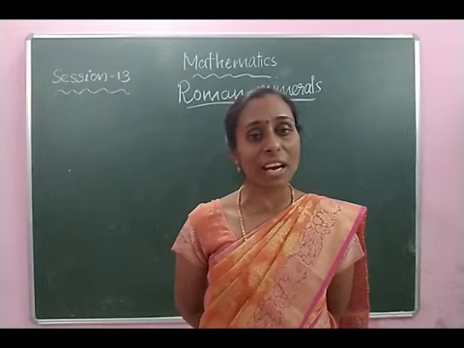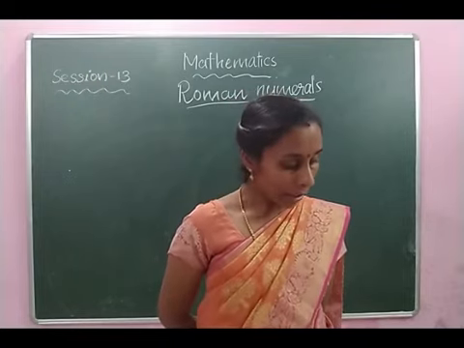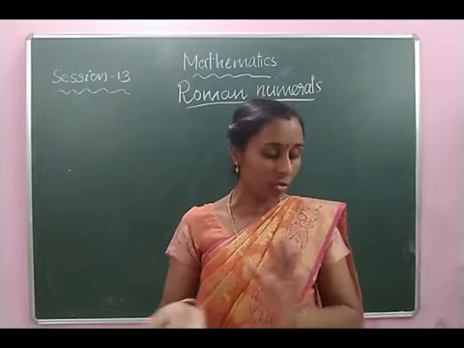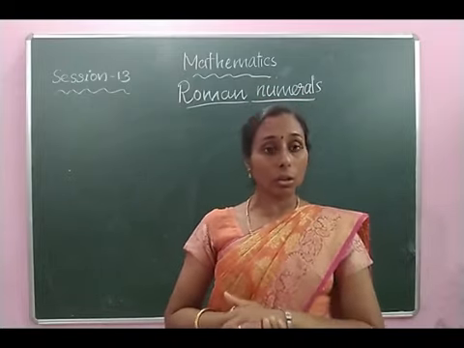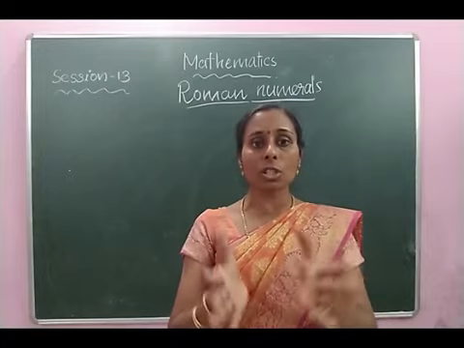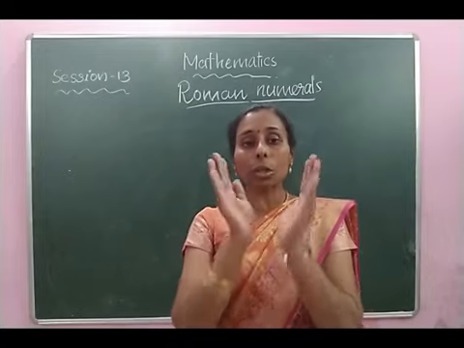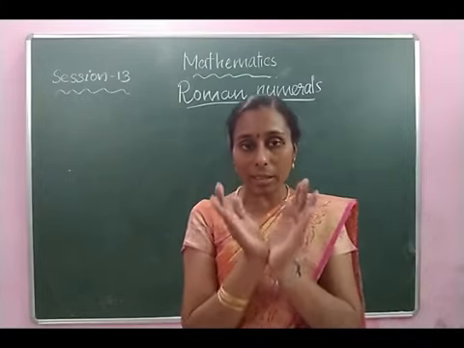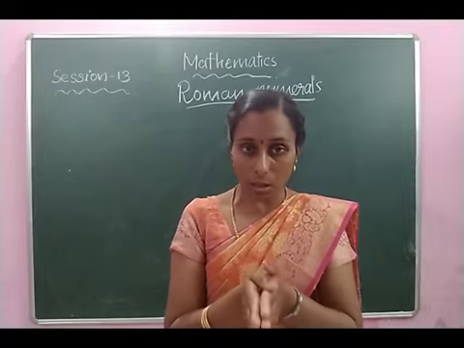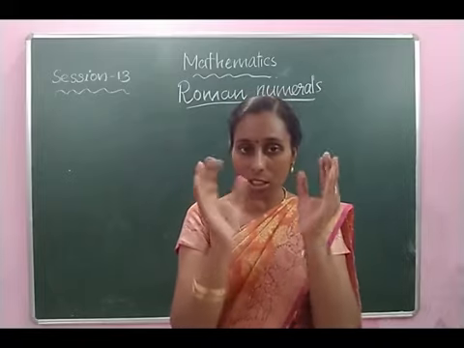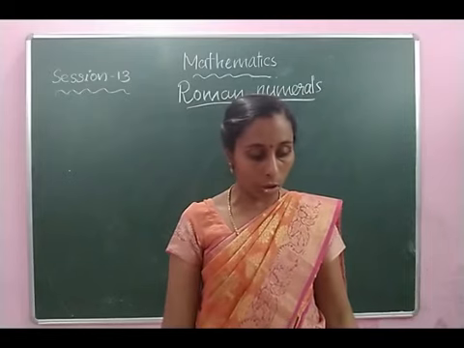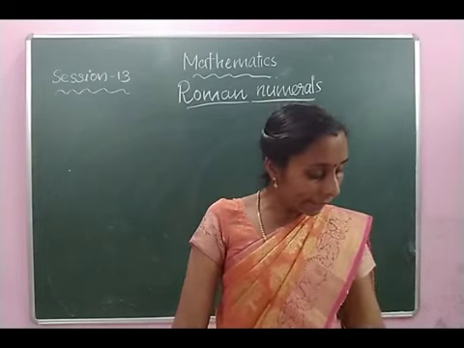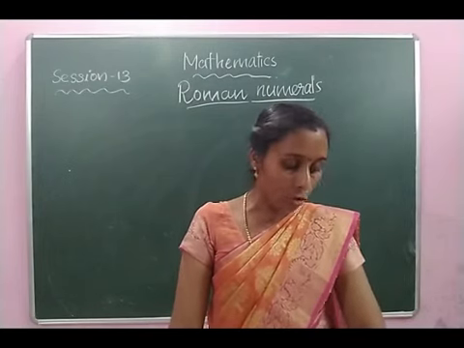We have learned 2 rules already, that are repetition and a smaller number coming before, which I shall explain once again. And also I have told you that in the Roman system, they do not use any symbol to write 0. Instead of 0, they use one Latin word, null. N-U-L-L. Null.